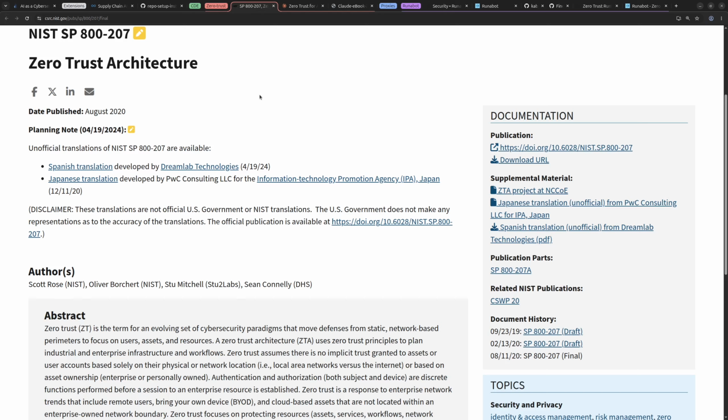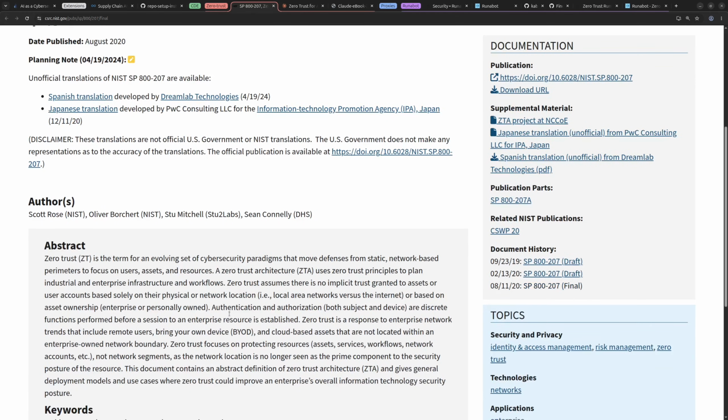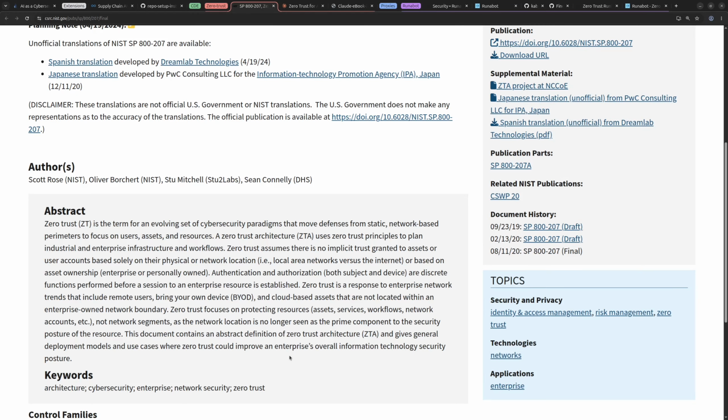And this particular standard is a guidance which describes the security model for enterprises, how to implement the continuous verification for each and every access attempt, and go away from the implicit trust like